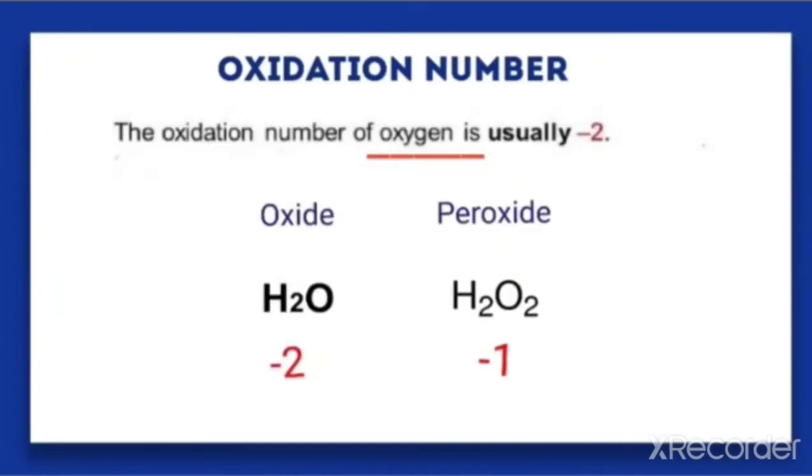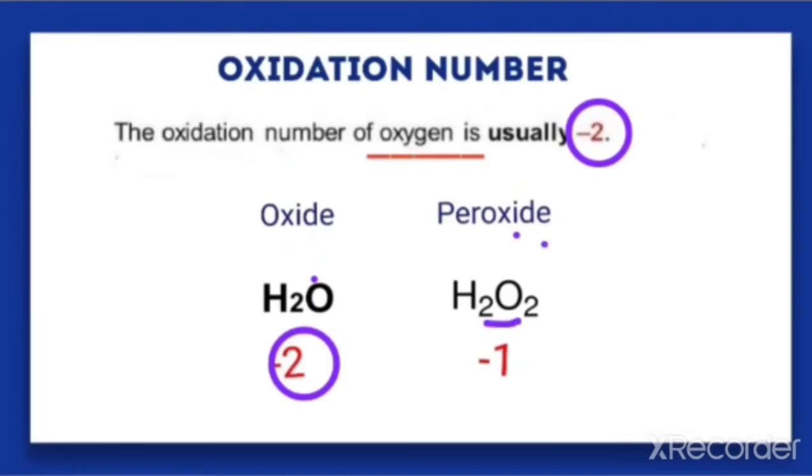Next, the oxidation number for oxygen is usually -2. That is, in most compounds the oxidation number for oxygen is -2, like in the case of water. In the case of water, what is the oxidation number for O here? That is -2. But peroxides are compounds which have an O-O linkage, like H2O2,